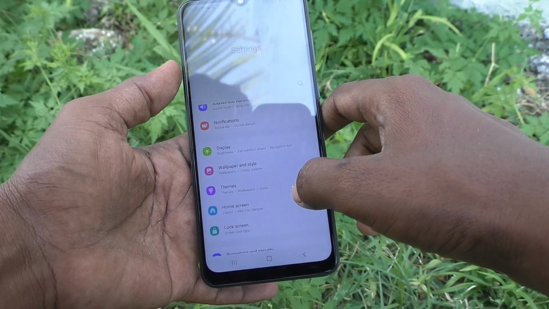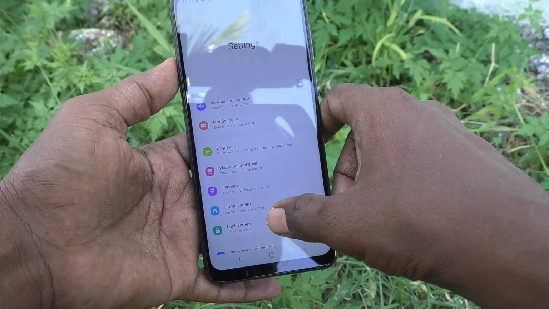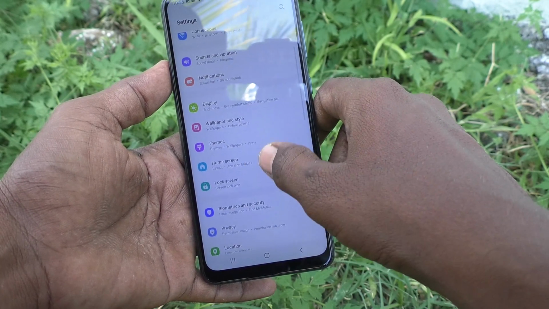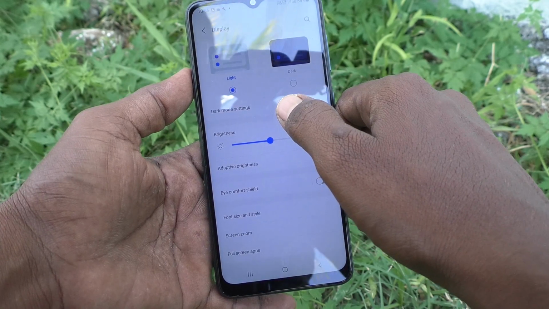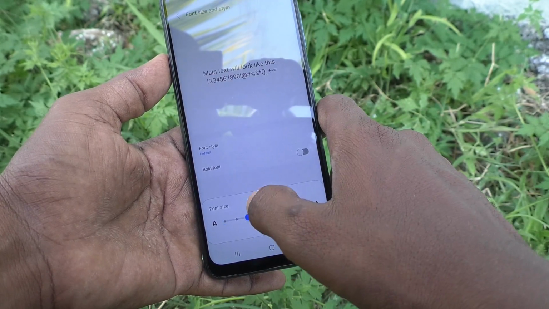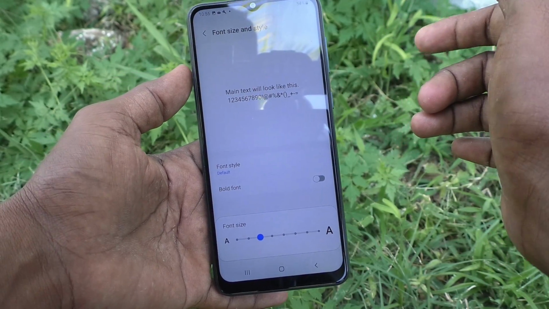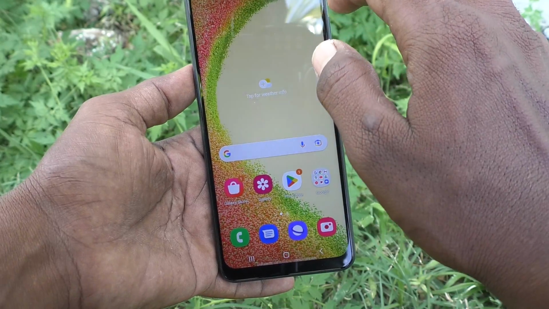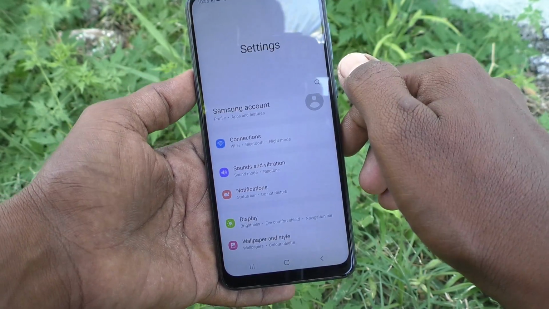If you want to set back to default font size, yes, again you can do it. Just go to the display again, and here go to font size and style, and fix the pointer to the third one, and it will set to the default font size. So in this way you can easily change font size in your